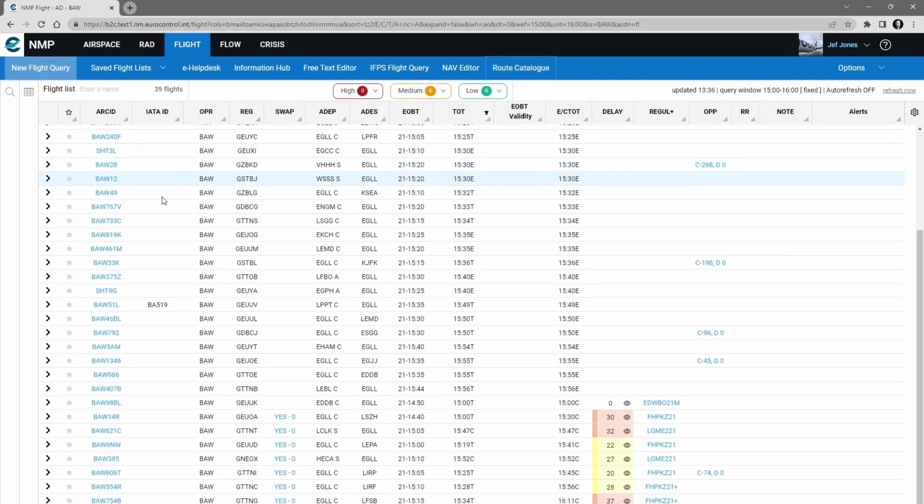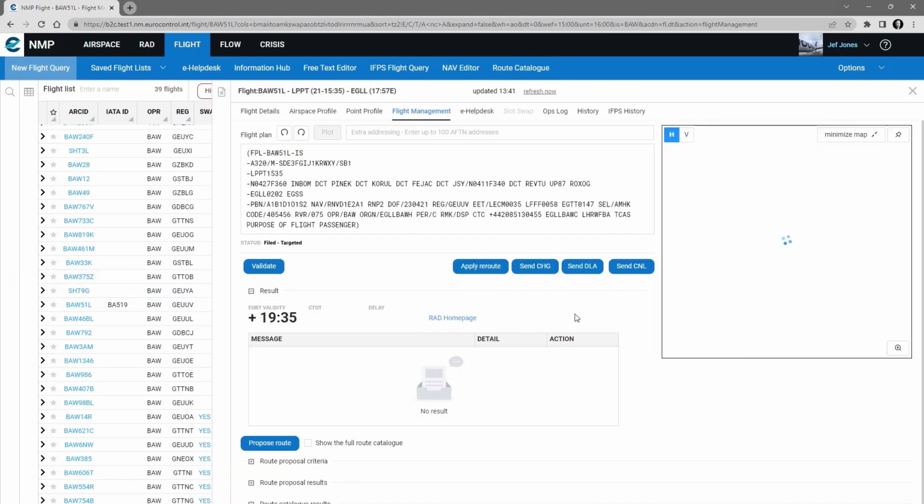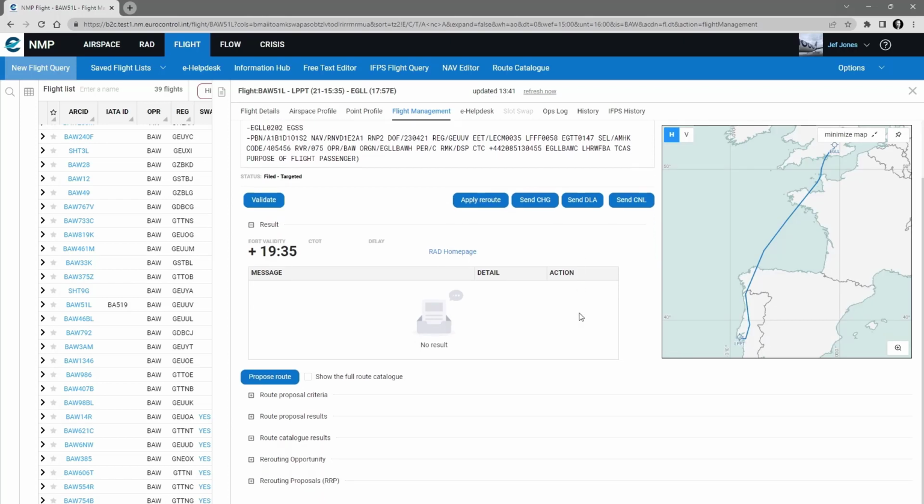The second option is within a flight itself. If you open the flight management for a flight, within flight management, next to the Propose Routes button, there is an option to show the full route catalogue. I select that, and when I execute the search for route proposals, which will take a few seconds, the results